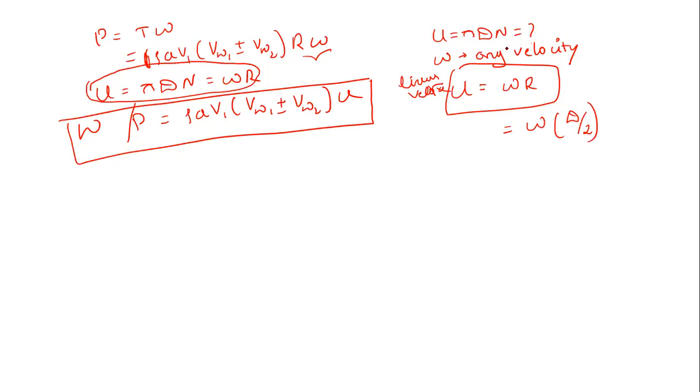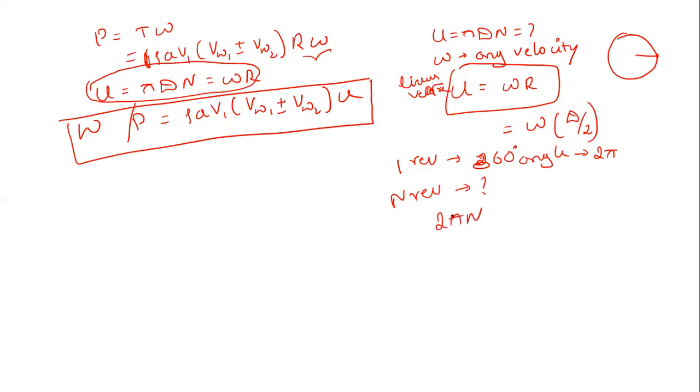And what is angular velocity? Let us say there is a particle over here. It moves from here to here and completes one revolution. For one revolution, a particle makes a 360-degree angle, that is 2 pi. For n revolutions, how much does it make? It makes 2 pi n.